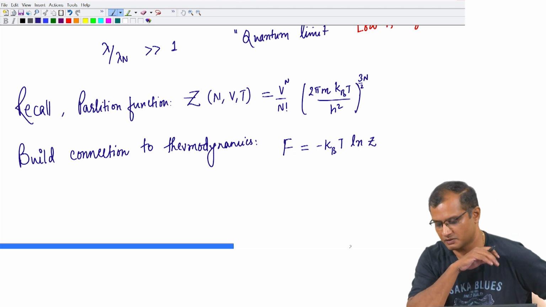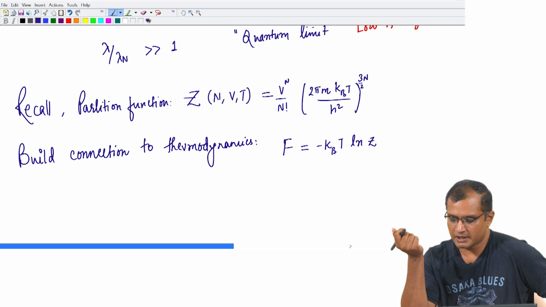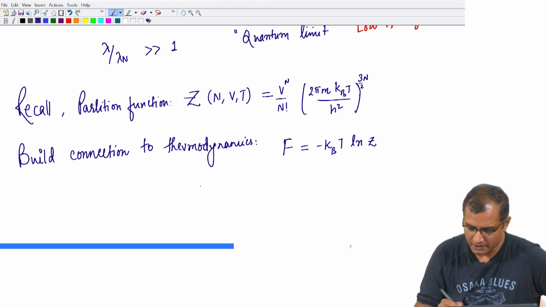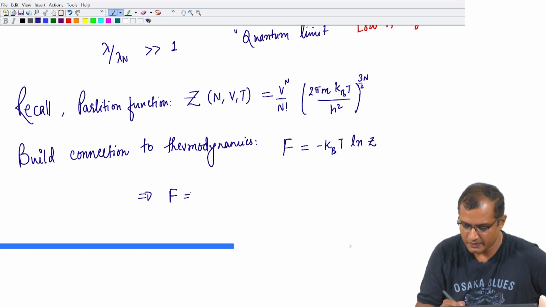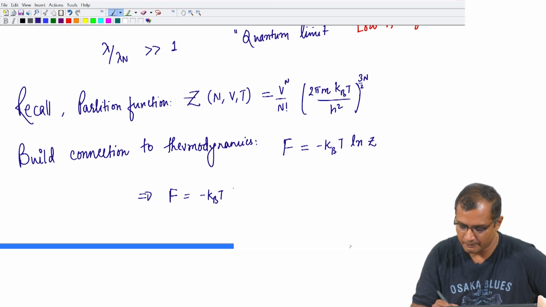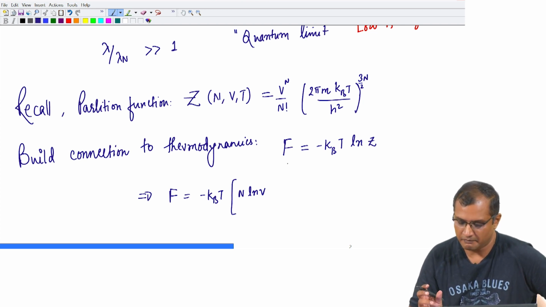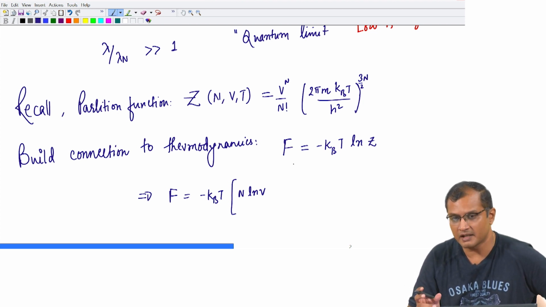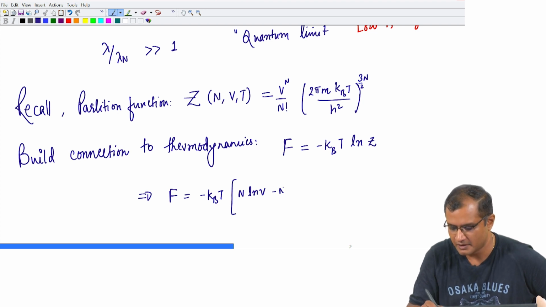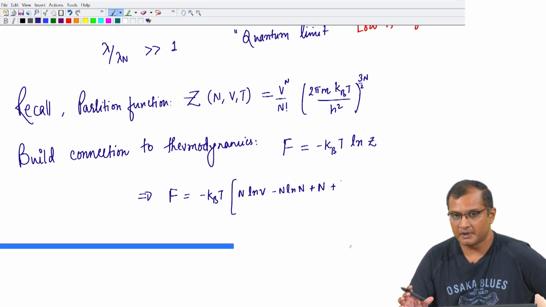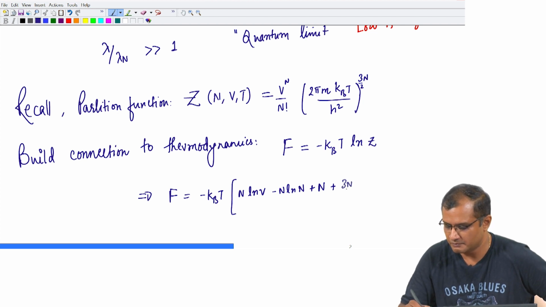These are thermodynamically averaged quantities. So, they represent macro states or macro state information. So, now I can write down my free energy as simply minus kT, and logarithm of z would simply give me n log v. These are natural logs, okay, to the base e, and since n factorial is large, I am going to use a Stirling's approximation here. So, it is minus n ln n plus n, and the parenthesis as 3 n by 2 ln 2 pi m kT over h square,